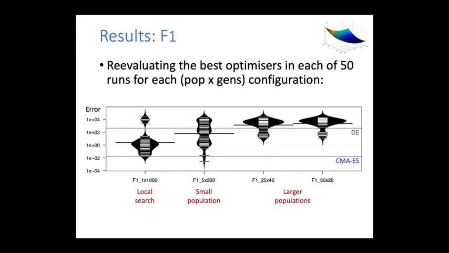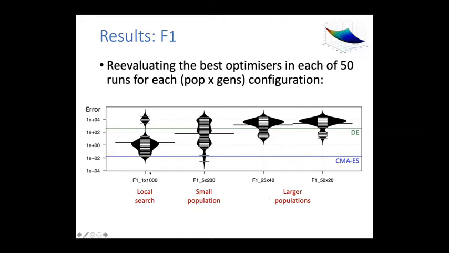And I evolved optimizers of 4 different configurations, so 4 different population sizes that split the evaluation budget in different ways. So local search optimizers have a population of 1, and it can do 1,000 moves. A population of 5 is similar to an evolution strategy, so these can do 200 moves per search process. And then these larger populations are more typical of PSO or GAs.